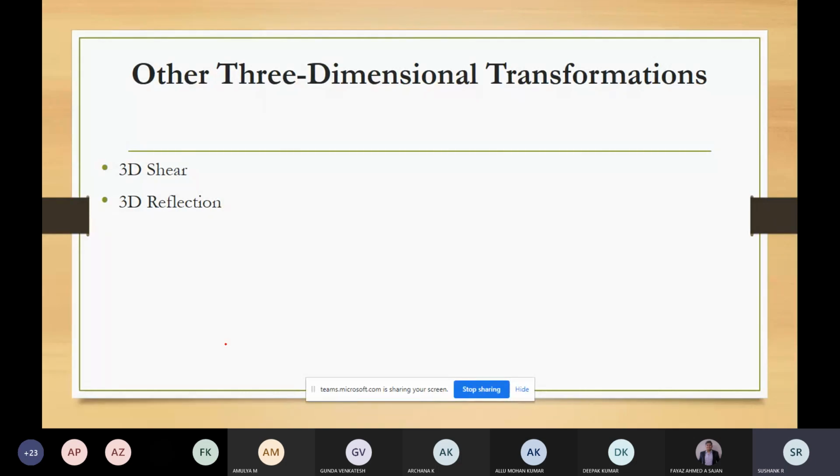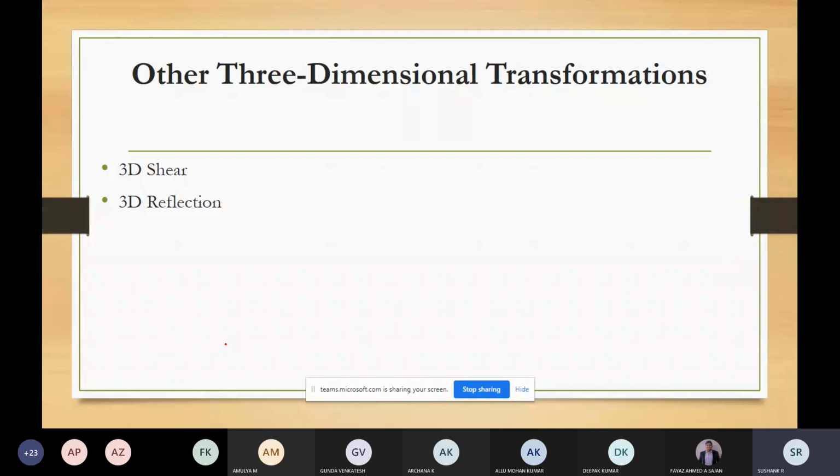So after this, the other 3D transformations will be the same as what we have studied in 2D: reflection and shear. So what do we mean by reflection? Here the reflection for a 3D space can be performed either with respect to a reflection axis or with respect to a reflection plane. So what these 3D reflection matrices will do is set up the reflections relative to a given axis, which will be done by 180 degrees. So there will be a 180-degree reflection about that axis.